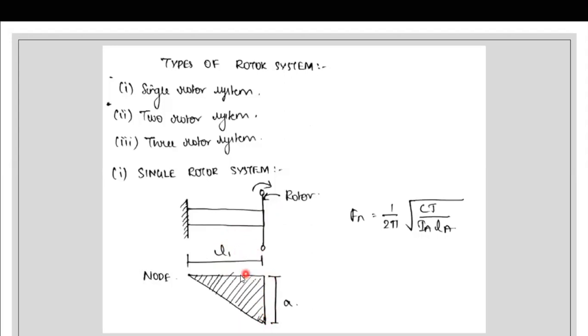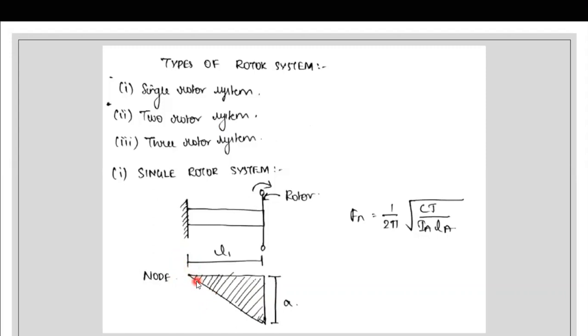So due to this rotation of the rotor or twisting of the rotor, what happens is twisting will be taking place, and this twisting will be maximum at the end of this rotor. When we look at the other end, that is the fixed end, there won't be any twisting moment itself. So actually the twisting will be maximum at the side of the rotor, and at fixed end there won't be any twisting itself. So what happens is there is a point, and this point is called as node.